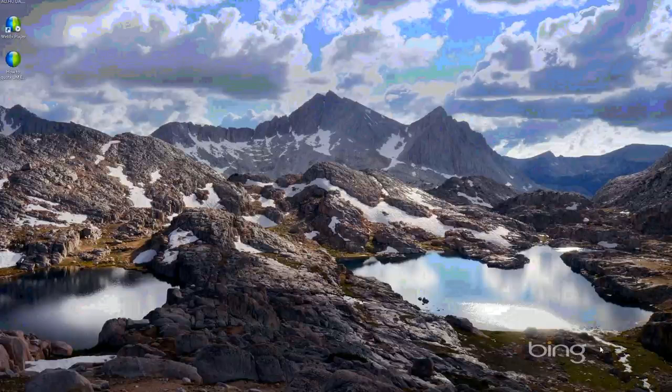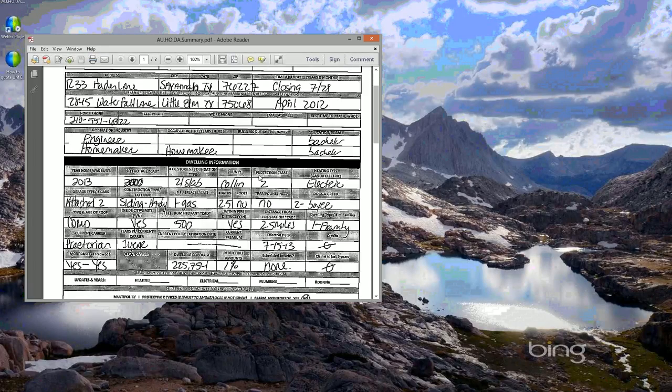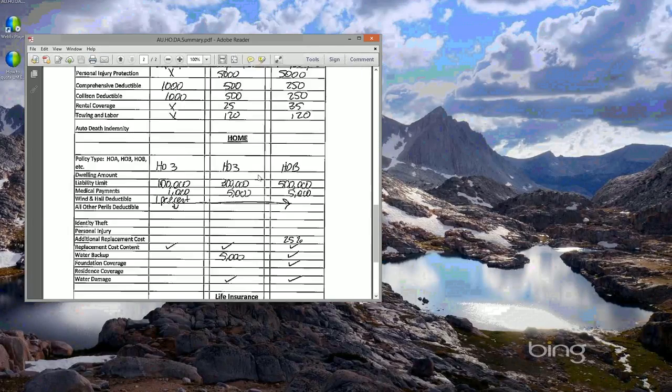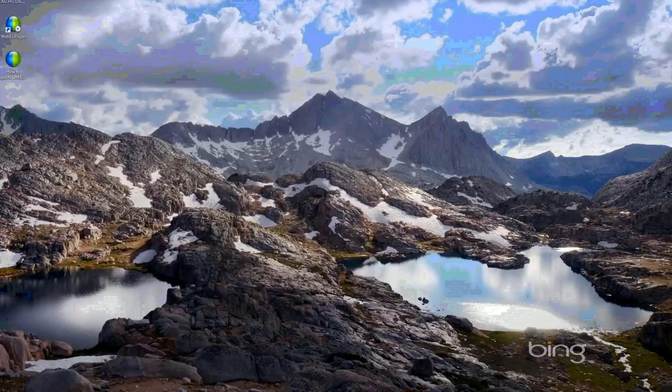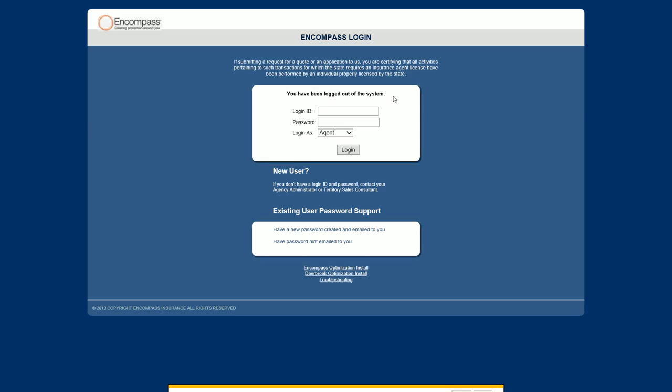Quote an umbrella policy with Encompass. First, let me show you guys the data information that we are using today. For today's training, it is going to be for Ronald Miller, and it has all the information inputted in here. We need to log into your Encompass website, so we'll just pull the website up